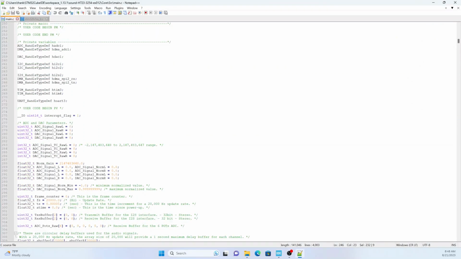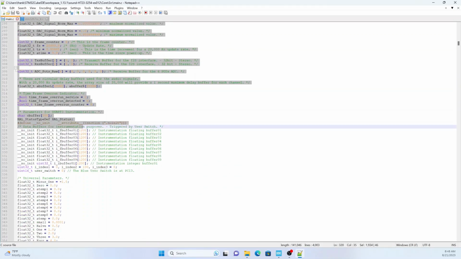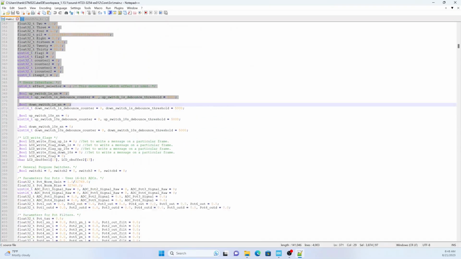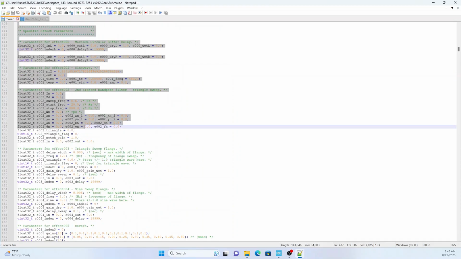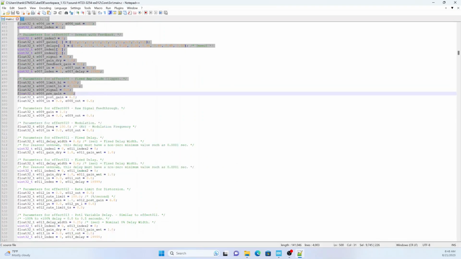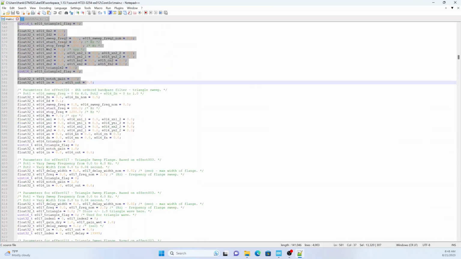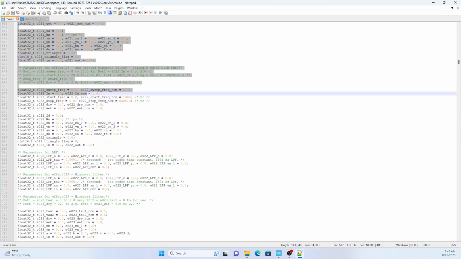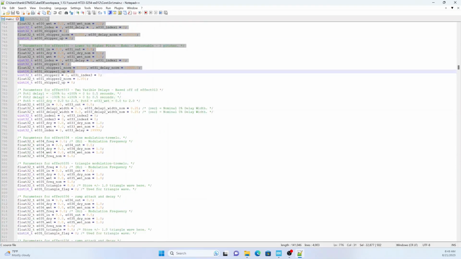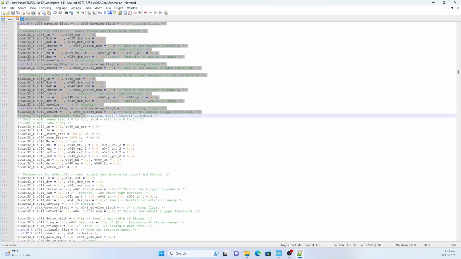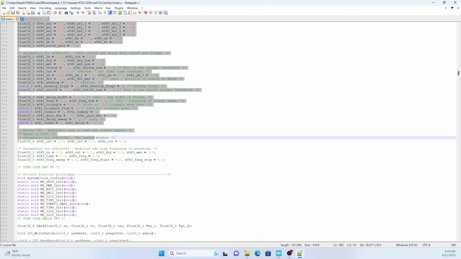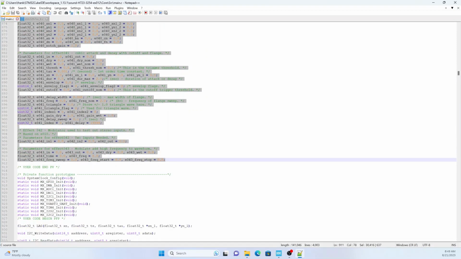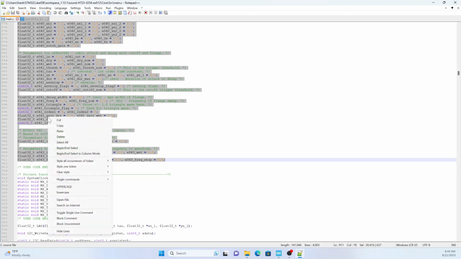So the next section is called the PV section. That's private variables. Okay, so my section here begins here. And we're going to go down. And this is all the parameter initialization. So I have a lot of effects here. I have up in the 40s. Let's see, I have 43. So this is the end here. So you can see where it ends. So I'm going to copy that